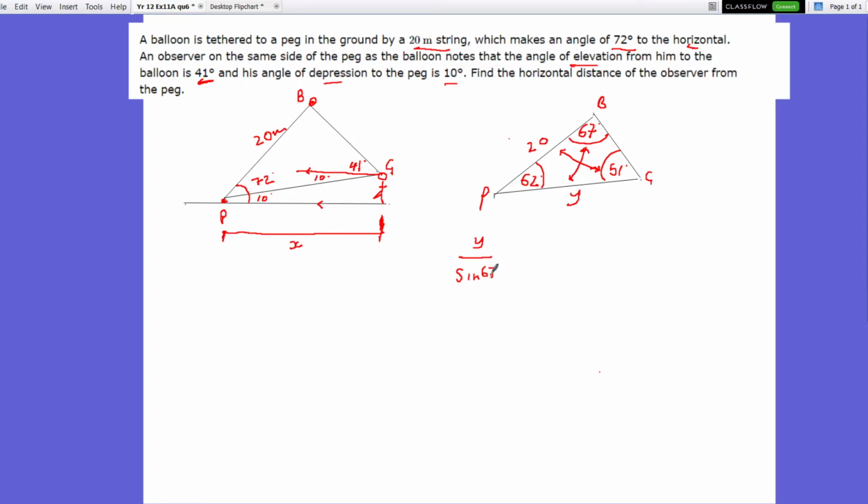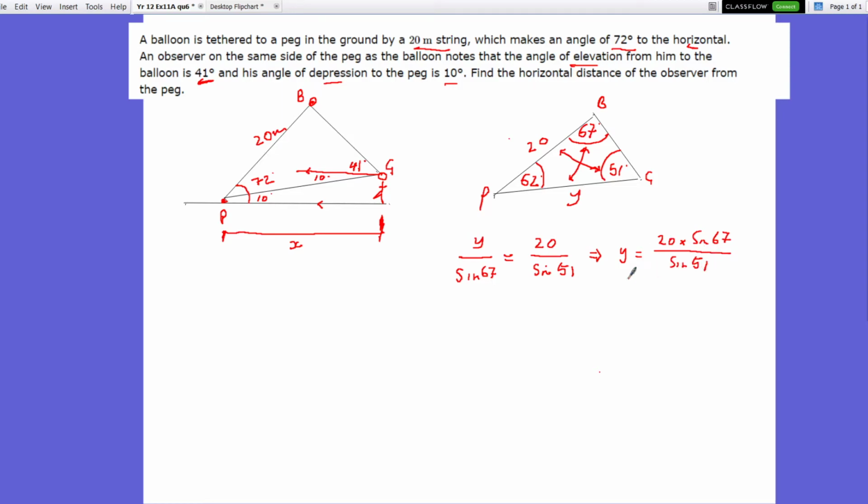67 degrees, which is equal to, if you look over here, that's going to be 20 over sine 51 degrees. Now what we need to do is find y, so we need to just take this sine 67 to the other side. The way we do this is that's being divided, opposite of division is multiply. That implies, as you guessed, y equals 20 multiplied by sine 67 all divided by sine